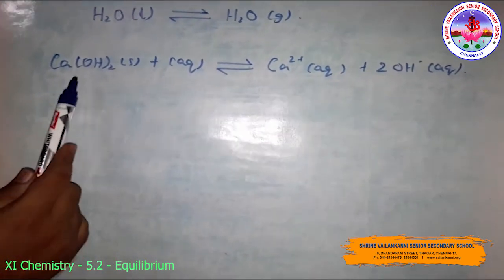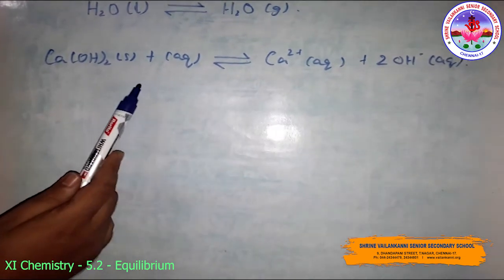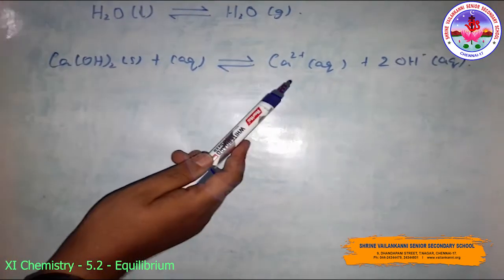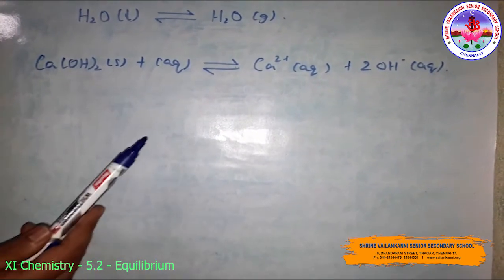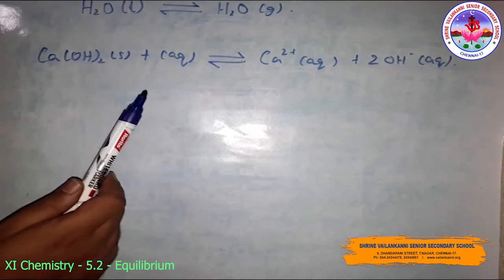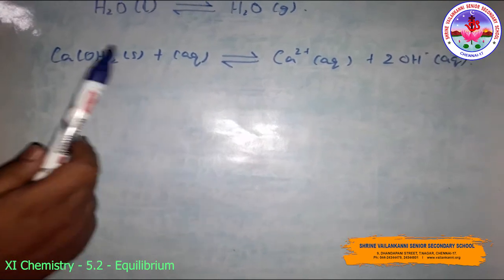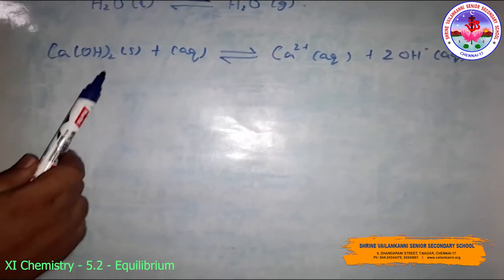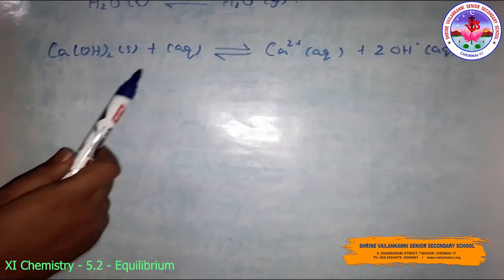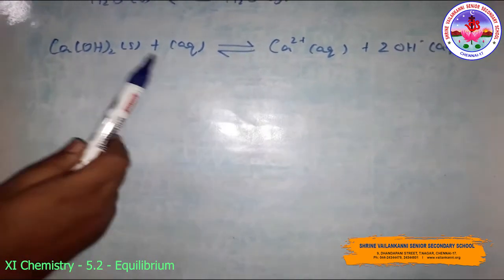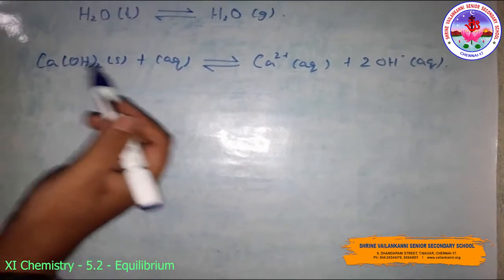Another example, between the solid calcium hydroxide in a saturated solution to form like this. So this is also the heterogeneous equilibrium. The heterogeneous equilibria often involve pure solids or liquids. We can simplify equilibrium expression for the heterogeneous equilibria involving a pure liquid or a pure solid, as the molar concentration of a pure solid or liquid is constant, that is independent of the amount present.